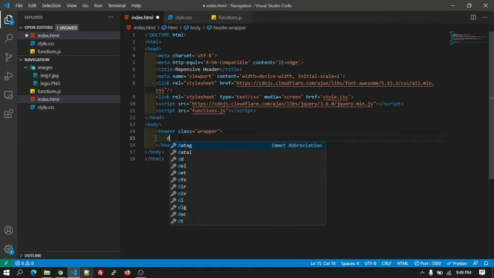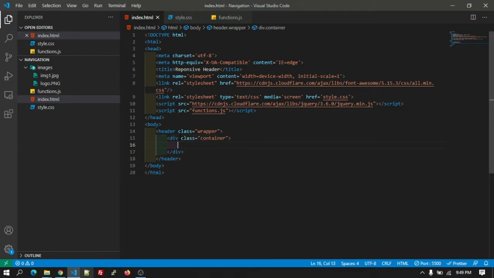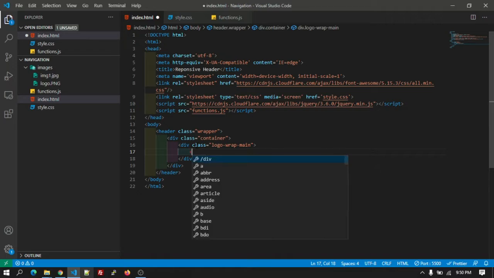After that, create a div with class container. After that, let's create one more div saying logo wrap main. Inside that, let's add the logo image.